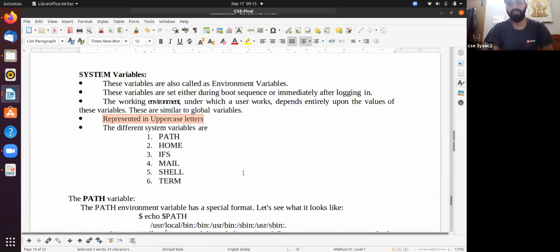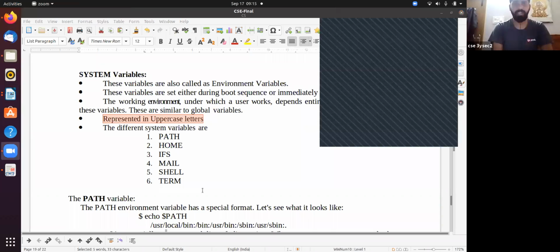If you observe, the variable names are in capital letters, like PATH. HOME is also in capital letters. So the system variables are represented in uppercase letters.